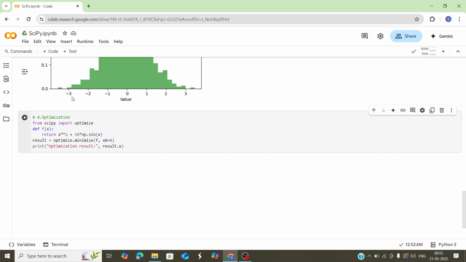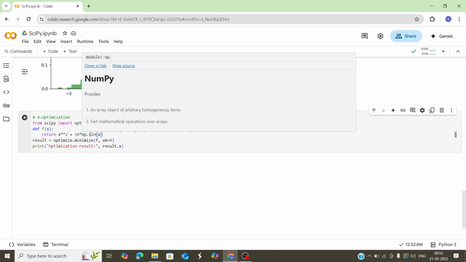But for example, you are working in supply chain inventory. There you want to maximize the profit. So whether you do maximization or minimization of any objective function, that is a kind of optimization you're doing. Here we are importing the optimize module from the SciPy library. Here is a custom function which I have defined, which is x square plus 10 into np.sin of x.